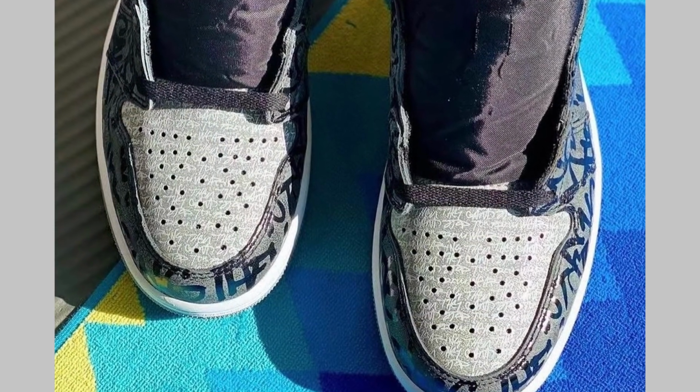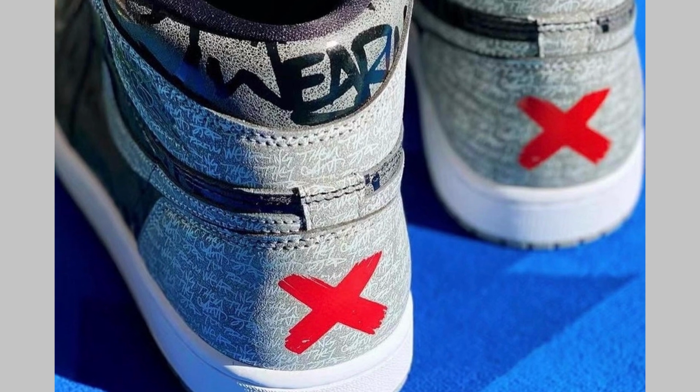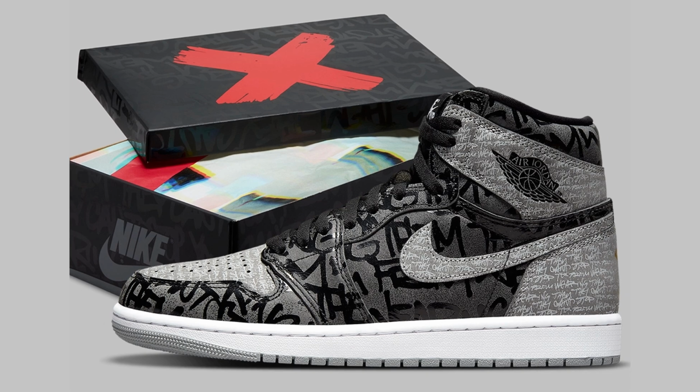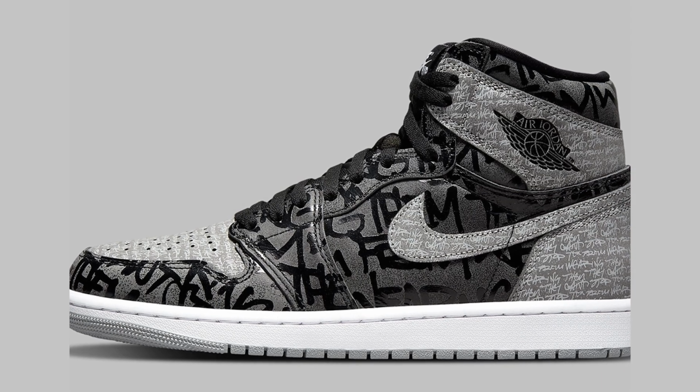Now, I'm the type of person that likes to wear Jordan 1s a lot and beat them to the ground. I like to wear my ones, okay? But I know a lot of people out there also like to collect their shoes and keep them DS, and if I were gonna be that kind of guy, this would probably be one of those shoes I would want to keep DS. The box is really cool, the concept is really cool, it has this all over print on